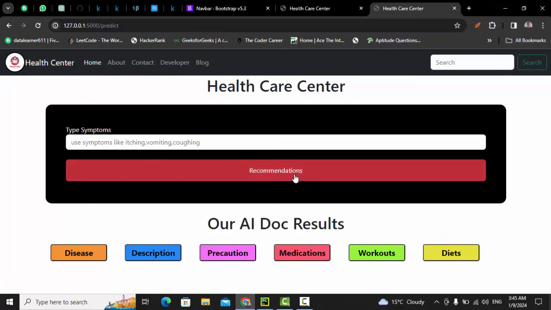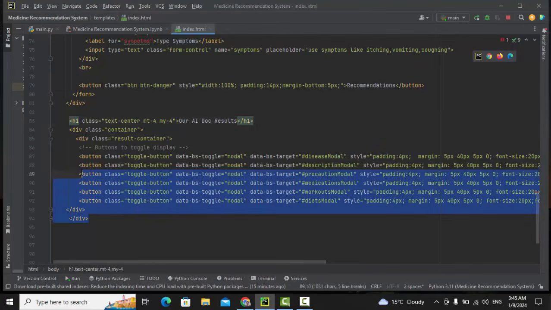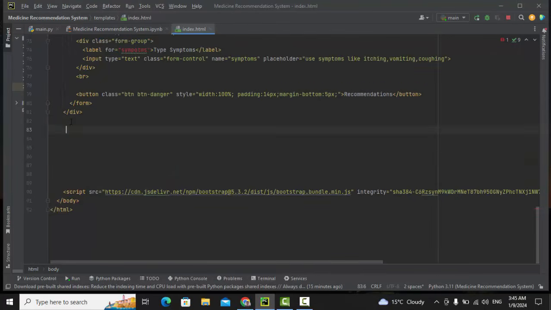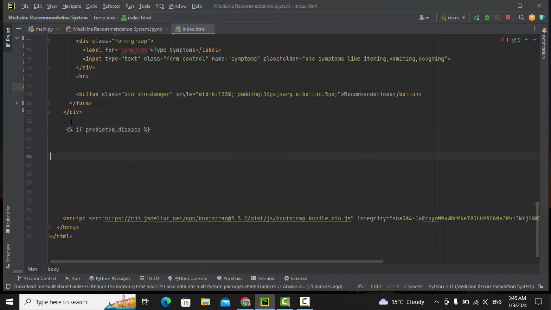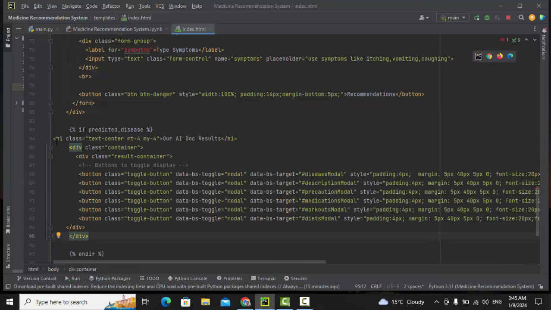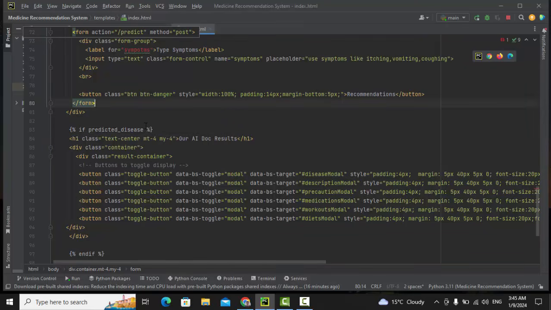So for that we can use logic. If I cut all these things from here, Control X, and use this kind of syntax, if predicted disease, then in Jinja template we end if like this, and within this paste whatever I have cut. So what I want is that when I click on the predict button, then I will get the predicted